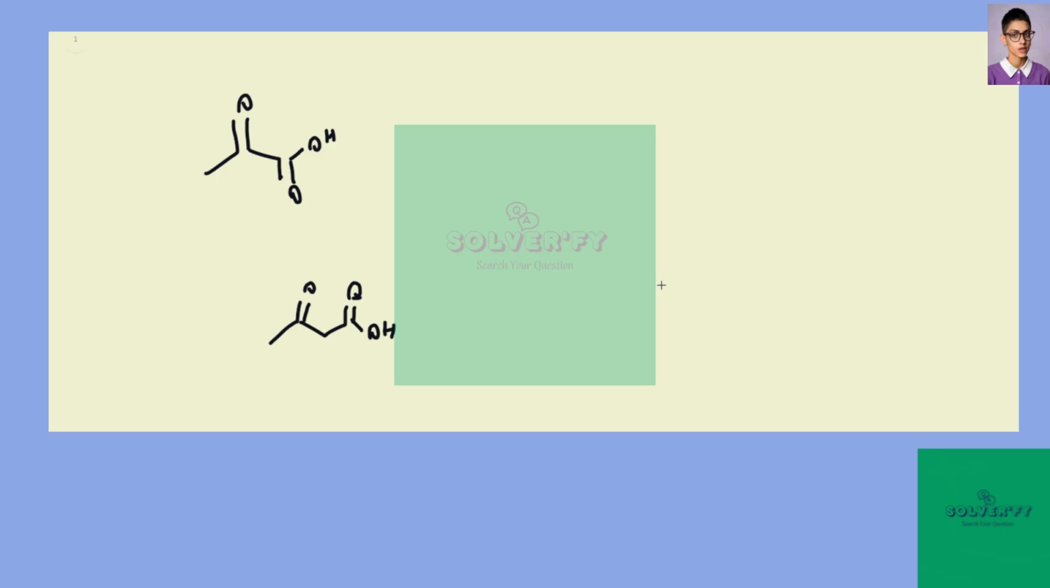Hello everyone, today we're doing chapter 19, problem 42, and this problem asks us to determine which of these two molecules, pyruvic acid or acetoacetic acid, has the lower pKa, therefore being the strongest acid, and explain your choice. Well, remember, the stronger the acid, the lower the pKa, and the stronger the acid, the more stable its conjugate